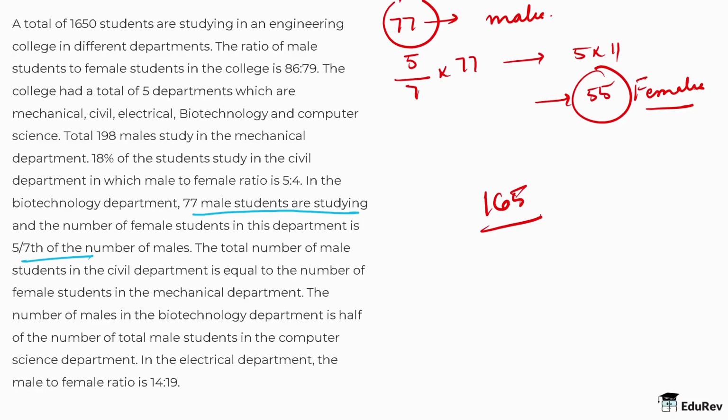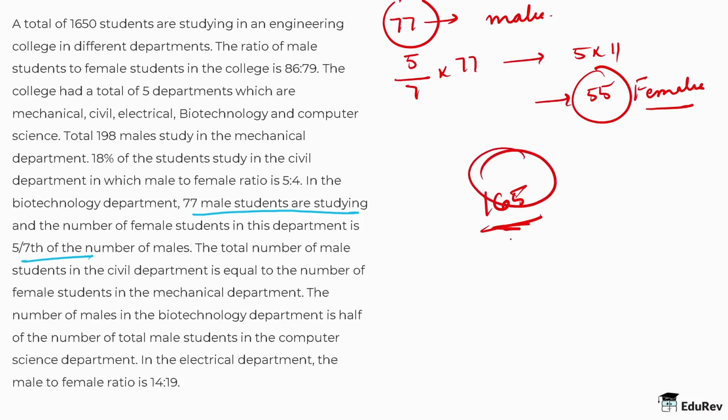I hope it's clear and it's easy. We are just proceeding line by line, the way information is provided, so do not worry if you're not getting anything. Just understand the question line by line. So I'm just going to repeat the last sentence that I said. I was telling you that the number of males in the civil department is equal to the number of females in your mechanical department as per the question. So the total number of females in your mechanical department needs to be